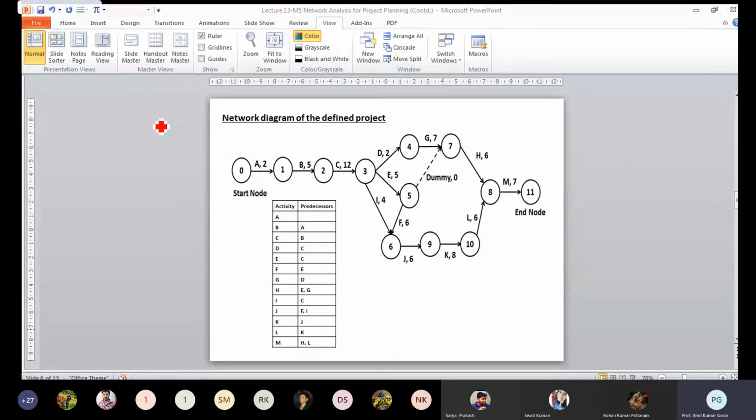So this is how to draw the network diagram from the activity as well as the predecessor. This relationship you have to identify as a project manager, and accordingly you have to draw the network diagram. Now from here you can easily understand the flow of the activities, and which activities can be done concurrently. That means here D, E and I can be started simultaneously as soon as you complete the job C.